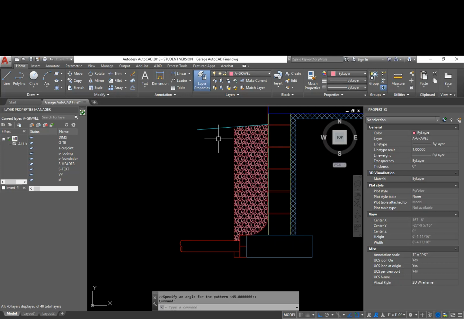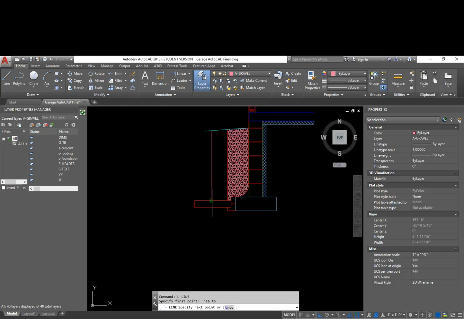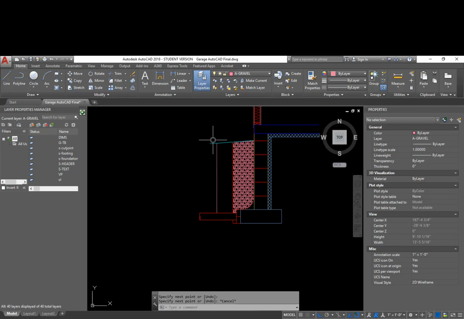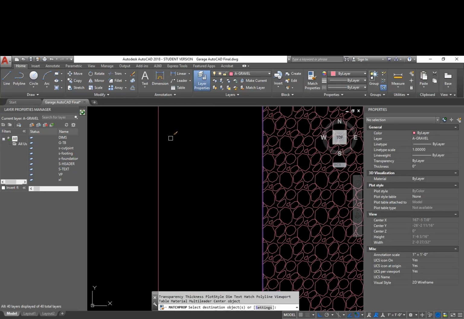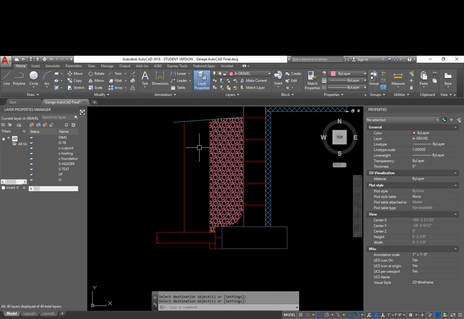The next one that I'm going to add in is going to show the ground. So I'll draw another line right here, and I'm going to match my properties. And this one, I'm going to make a layer A dash earth, and we'll give it a different color. How about 15? And I just changed that. Layer, make A dash earth, color